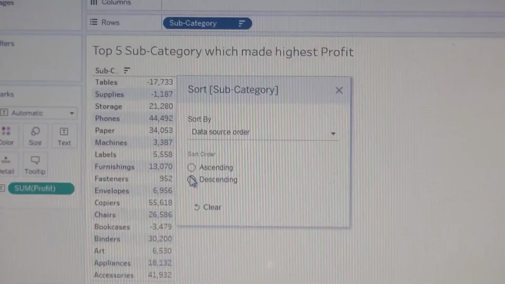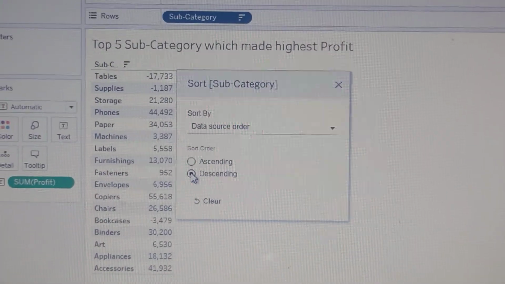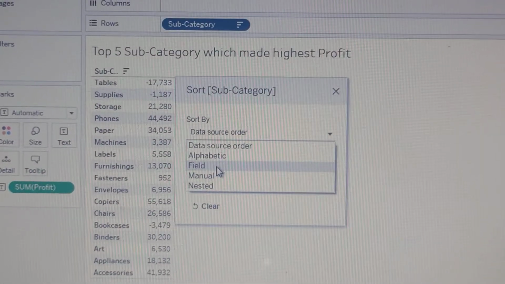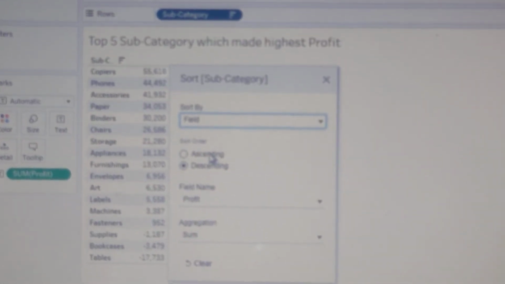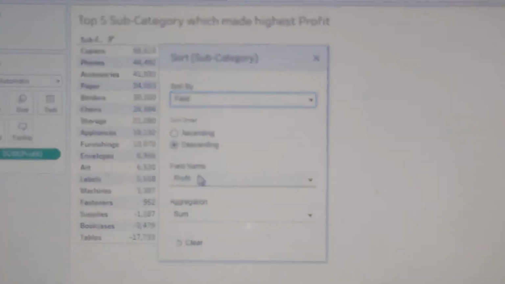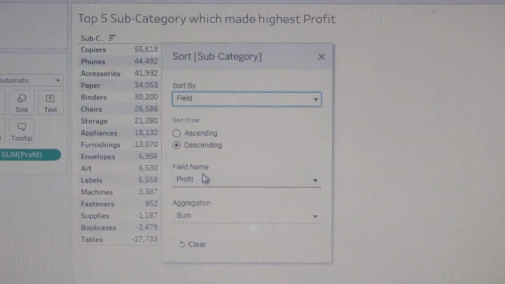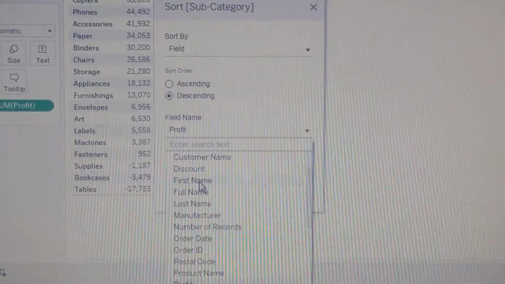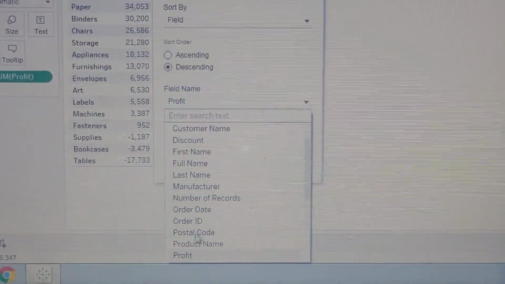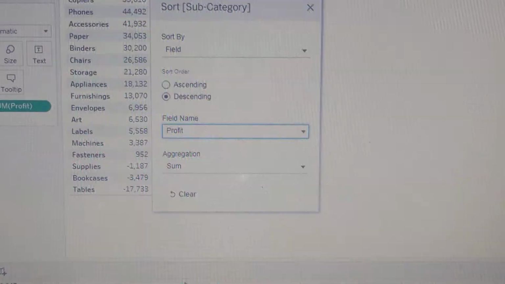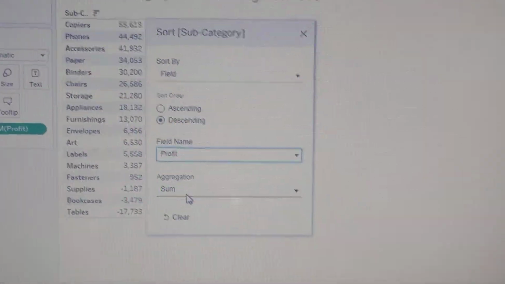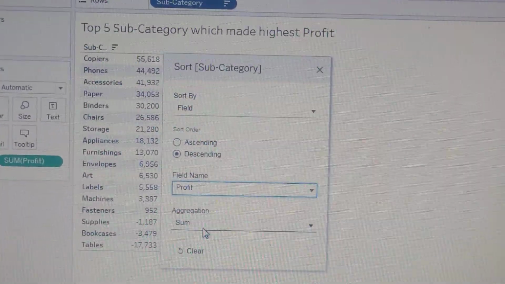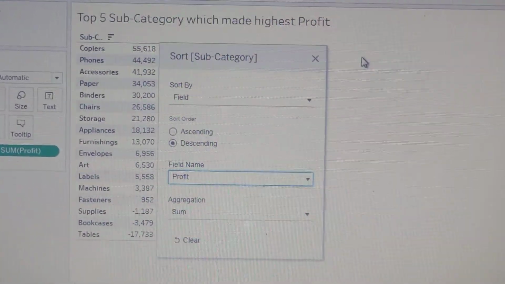So descending, and then click on the data source field, because we need to show the top 5 categories by profit. So we need to select profit from there. We have many columns here, so we have to select our profit, and the aggregation is sum or average. You can select as per your requirement, so we need sum here.